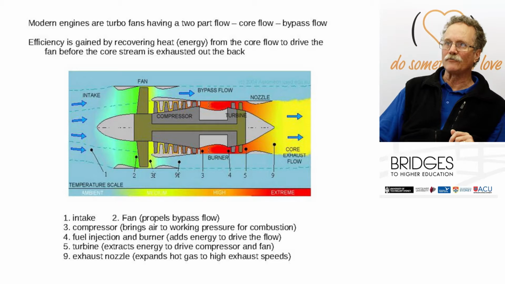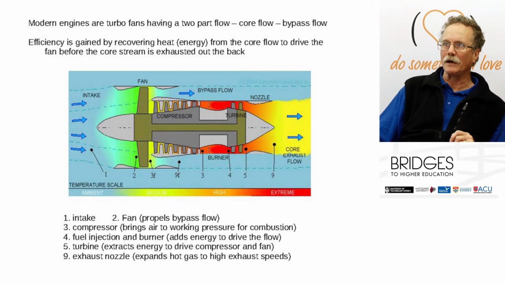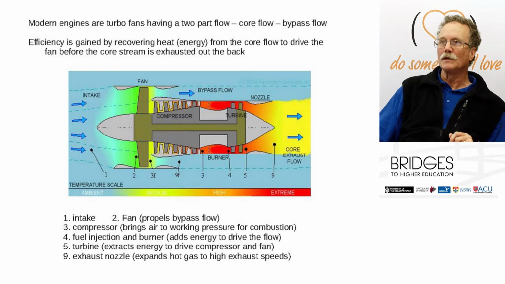We'll be injecting fuel in burners inside the main core of the engine. That's adding energy to the airflow. We make sure this is high pressure so the energy can't escape upstream, it has to go out the back. And then what we'll find is that hot, high pressure gas will start to expand out the back through a nozzle and produce a very high core exhaust flow. Now that's good,